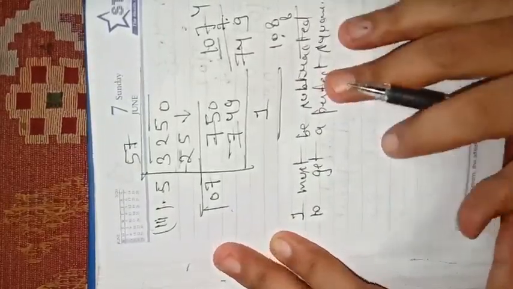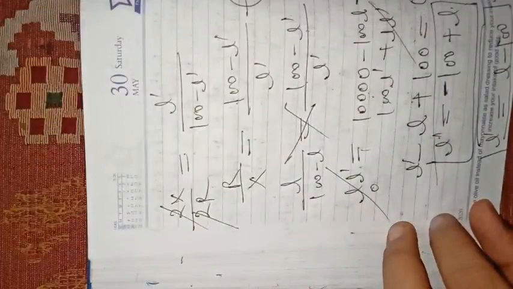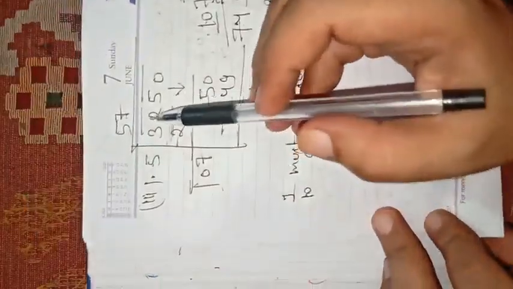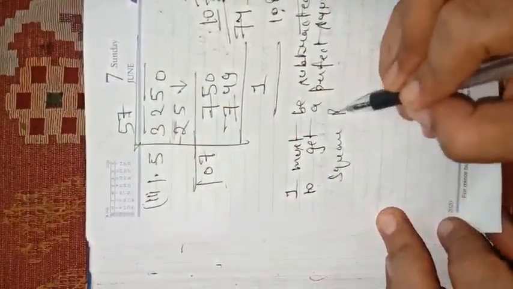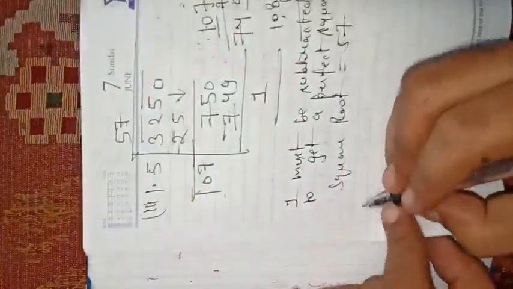Okay, now let us solve one more part. 4000. 4000 is already a perfect square. And what is the square root of the resultant number? The square root of the resultant number is 57. Now after this, let us solve question number 5. Now students, the remaining parts are your homework.